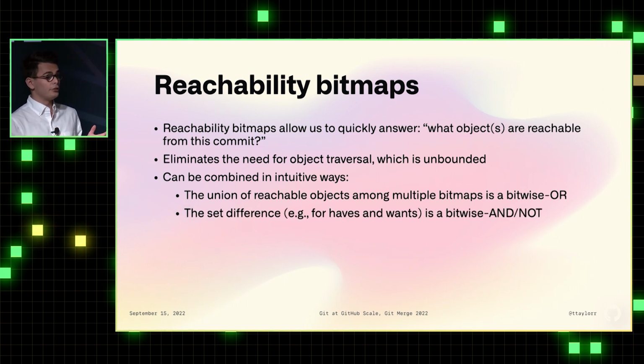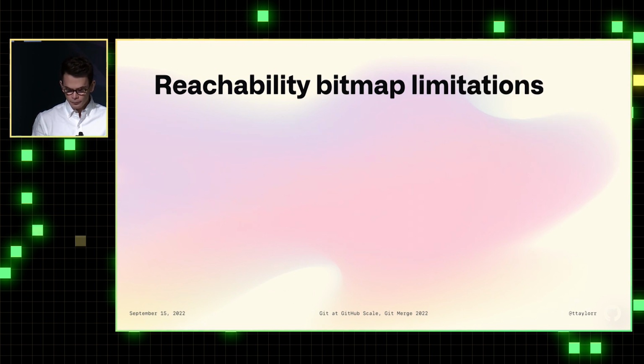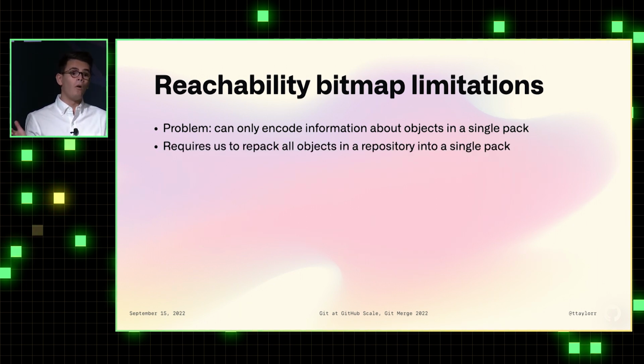Similarly, if you want to compute the set difference, say the objects that are reachable from some set of tips but not reachable from some other set of tips, like when serving a fetch, you can just combine these with an and-not operation. So these bitmaps are great, but the problem is they can only encode information about objects that are contained in a single pack. And so that's the reason that we needed to pack all of a repository's objects down into just one humongous